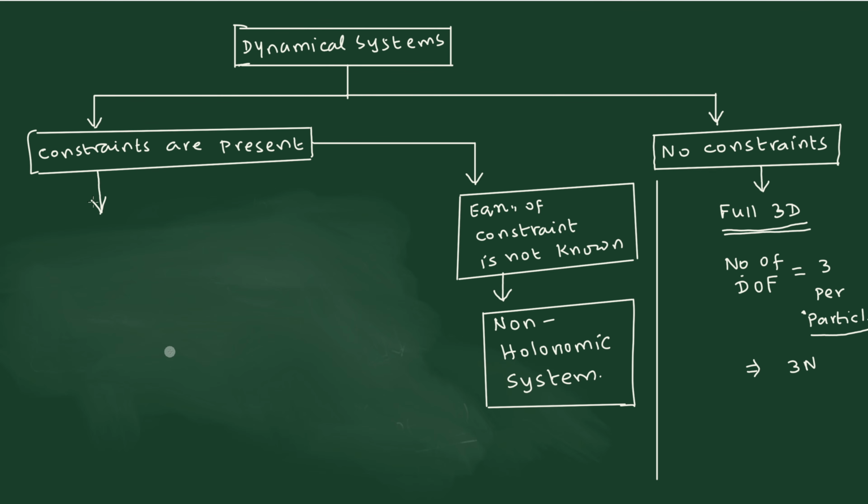So now we will come to the left-hand side, where we have written that the equation of the constraint will be known to you. So the one corresponding to the left-hand side, namely when the constraints are present, we have further conditions that are going to give trouble. And the simplest situation is where you know the equation of the constraint properly. So that is the simplest thing, and therefore I will write down that particular case first. So this is the one where I will put a right side arrow here, and then write down that the equation of the constraint